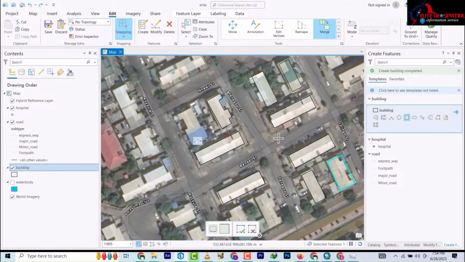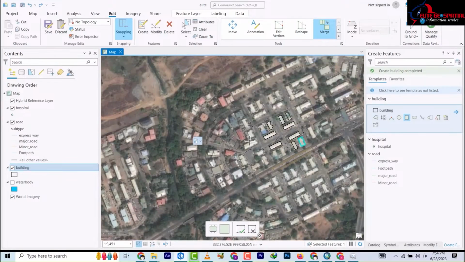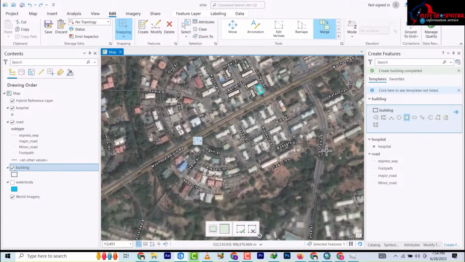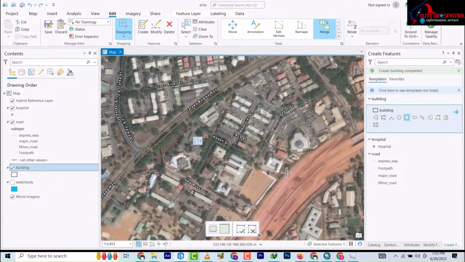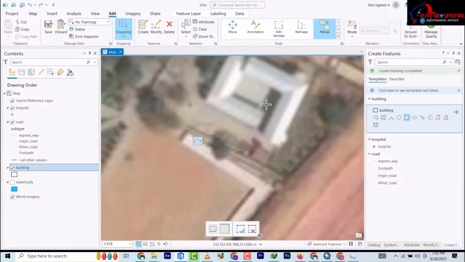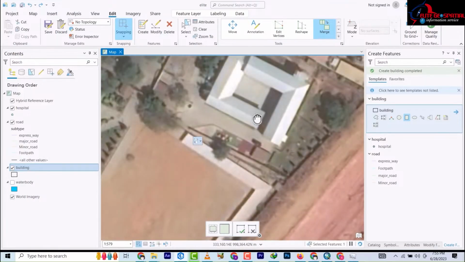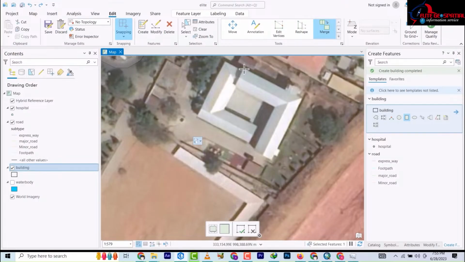So this is how you can digitize using the rectangle tool. And most of the complicated buildings you can find with different shapes, you can easily use the rectangle tool to do that, like this one here. All I need to do is to click one, click two, and follow the path and click, select here